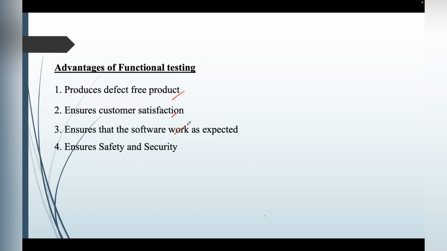It ensures that the software works as expected by the customer. It also ensures safety and security. Let us consider an example of banking software. In a bank, when money is transferred from bank A to bank B, the correct amount may not be received, a fee is applied, the money is not converted into the correct currency, there is an incorrect transfer, or bank A does not receive a statement advice from bank B that the payment has been received. These issues are critical and can be avoided by proper functional testing.